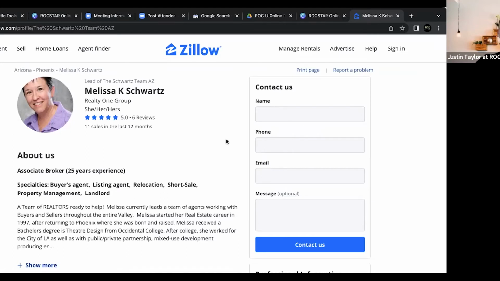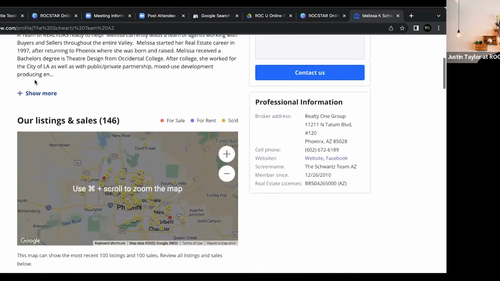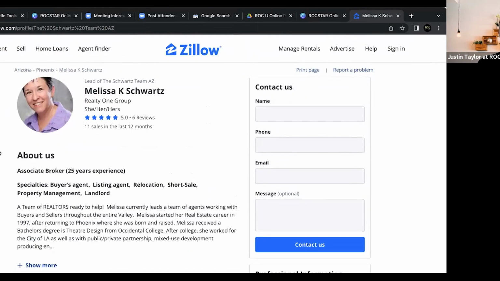Also, it's a lot more user friendly above everything else. Zillow, that we're looking at right now, makes it difficult for our clients to leave reviews. Okay, they have to go through a whole process. They have to create an account. Not saying that you shouldn't have any on Zillow. Of course, you should have some reviews on Zillow. I'm just saying that the majority of your focus should be getting those reviews on Google. I'm okay with her having 6 reviews here. And then if she had 10, 15, 20 reviews on Google and building that up,